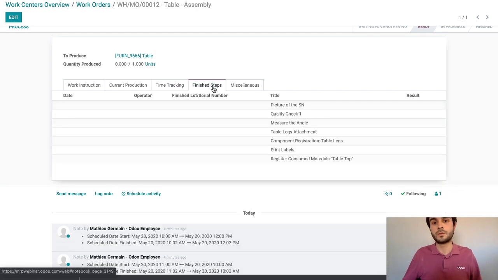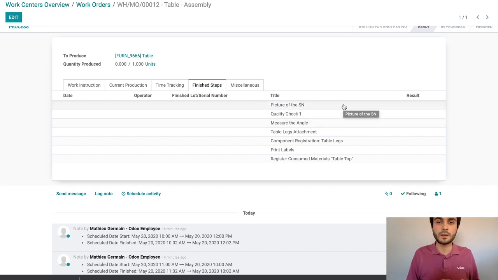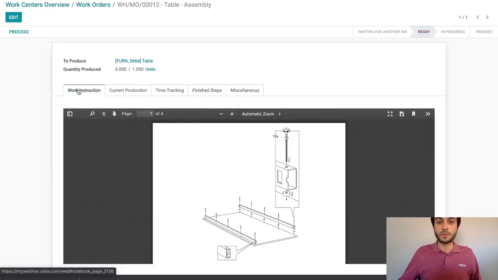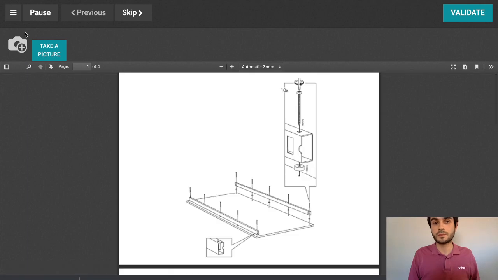And here you can keep track of the finished steps. Maybe you want to preview it to see exactly what you have to do. First, you have to take a picture, then a quality check, then measure the angle, then the table legs attachment, and so on and so on. So this will help you prepare a little bit more. As soon as you're ready, whether you're working on the tablet or the computer, the view is going to be very similar. You simply hit that process button here at the top left, and you end up in this view that we've designed to make it as easy for you to follow